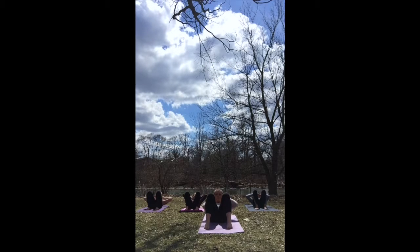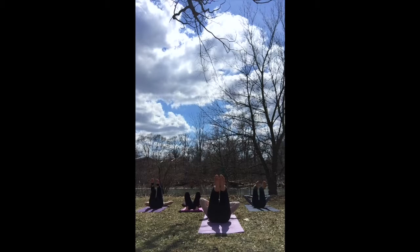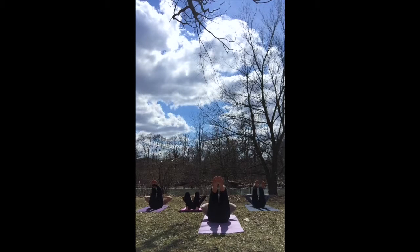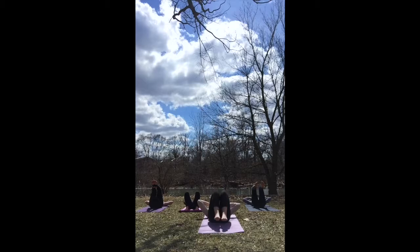And if you want to make it a little more difficult, we're now going to lift our feet up off the ground, forming a 90-degree angle between your calf and your thigh. And we're going to repeat the same motion, just performing a crunch, but it's just a little more difficult on your abs. Just see how we're feeling here. See how our bodies are ready for this practice. And last one here. And we're going to release back down and come over into fetal position,